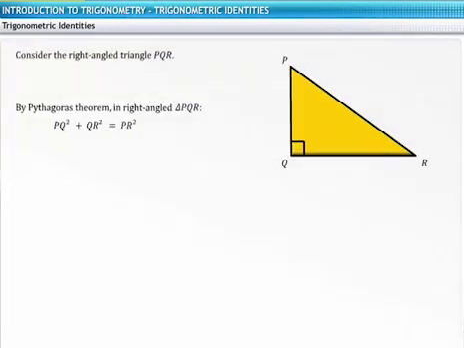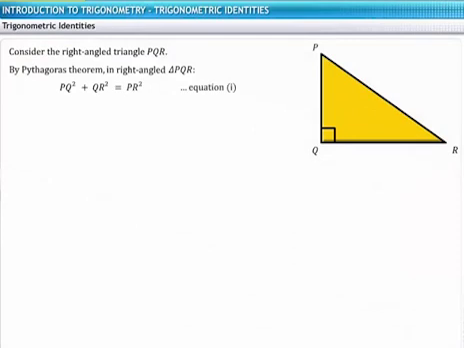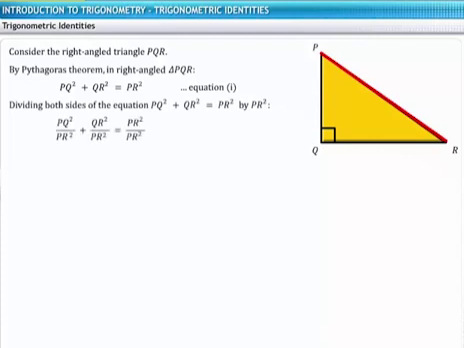Now, let us derive some trigonometric identities by dividing both sides of equation 1 by the squares of different sides of triangle PQR. Let us start with the hypotenuse PR. Let us divide both sides of equation 1 by PR square. Since the numerator and the denominator are the same, the right-hand side of the equation becomes 1, and we get